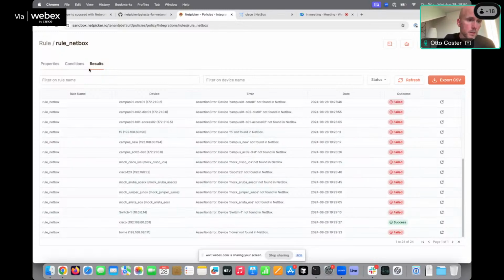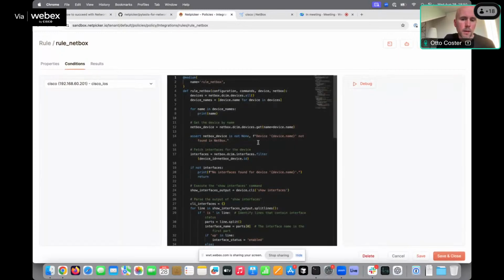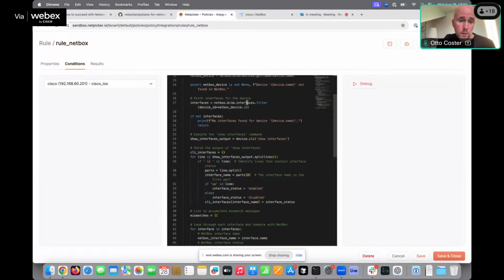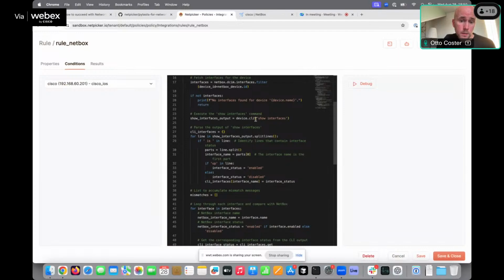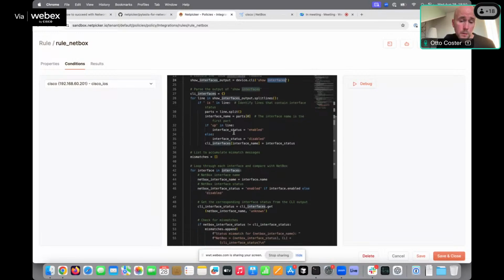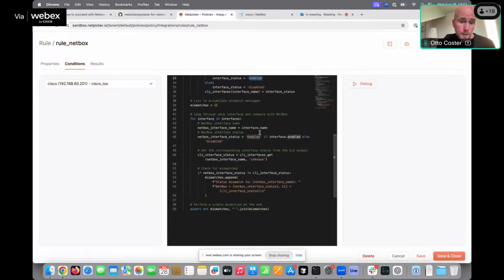It's not only checking if that device is actually present in NetBox. If it is present, it loops through all the interfaces. So you see here, it runs the show interfaces command. It loops through them. It looks at the status. If the interface is up, then the status is enabled, and then it compares that with